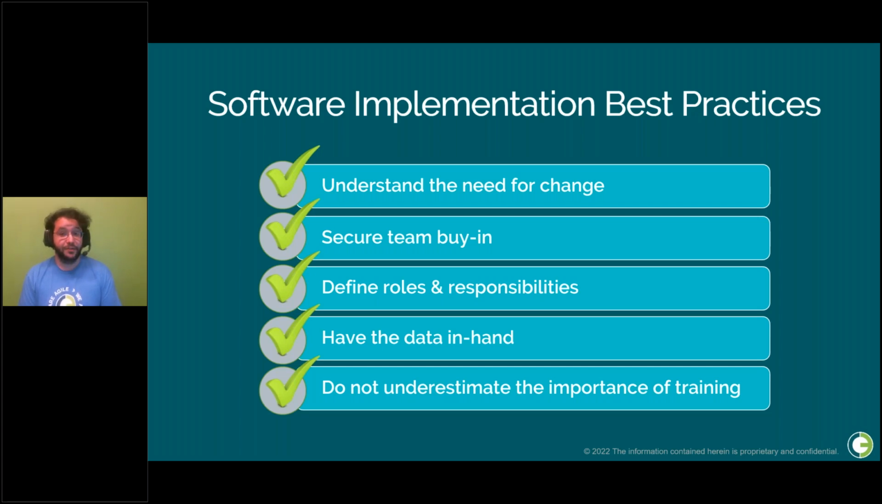Another way you're going to really understand this need for change is by getting feedback from your team and securing team buy-in. Spend time highlighting the benefits of this new solution and how it is an improvement over the old one. Show how it's going to make their lives easier and improve your team's workflow. Your team members will be assisting the implementation team while getting the software up and running. Make sure they're aware of their role